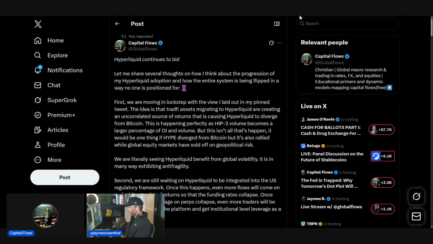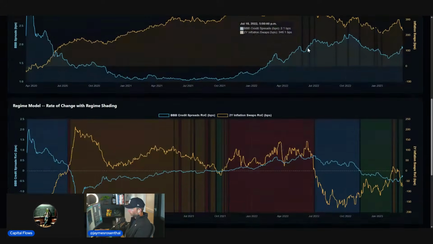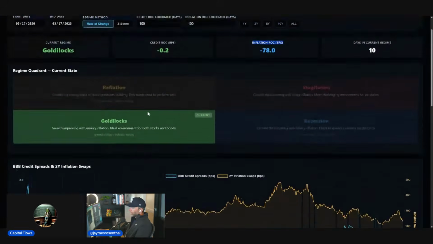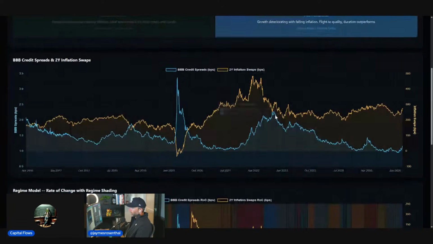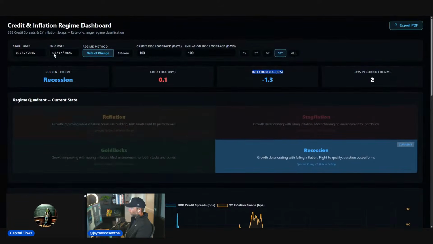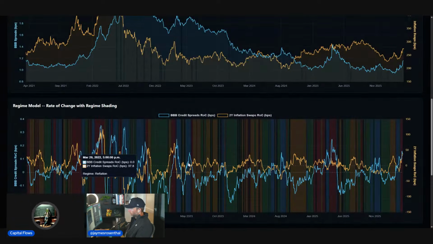And then I shared this at the beginning, if you guys didn't get it. I shared this where I talked about this entire dashboard, and I'll put the last 10 years and rate of change. Here's a dashboard that maps where we're at on a rate of change basis. If you want to understand where we're at in the macro regime and ask how oil prices, inflation swaps and things like that impact where we're at, it maps all these regimes.